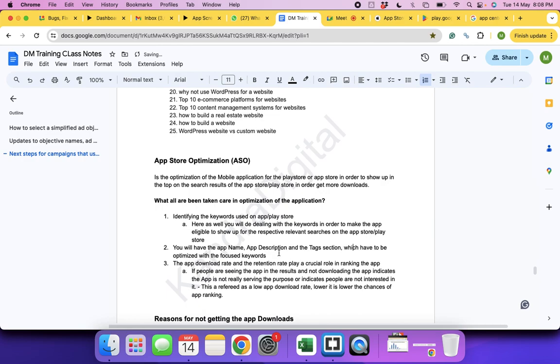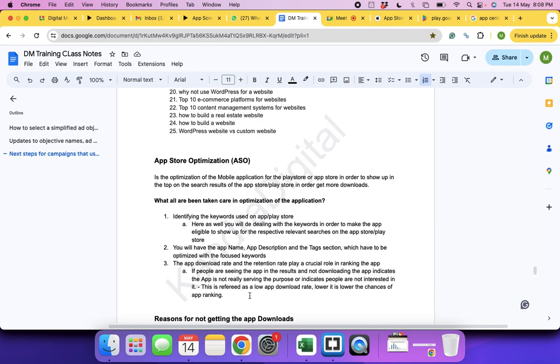You will have the app name, app description, and tag section, which have to be optimized with the focused keywords. The app download rate and the retention rate play a crucial role in ranking the app. If people are seeing the app in the results and not downloading the app, it indicates the app is not really serving the purpose or people are not interested in it.